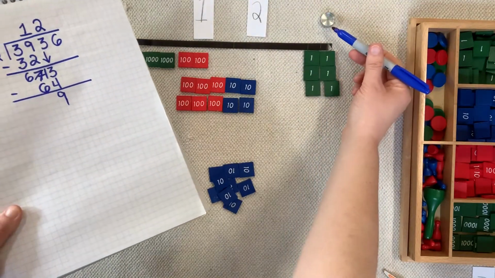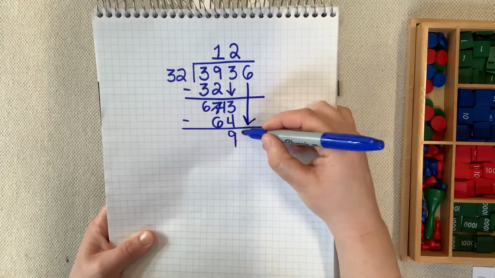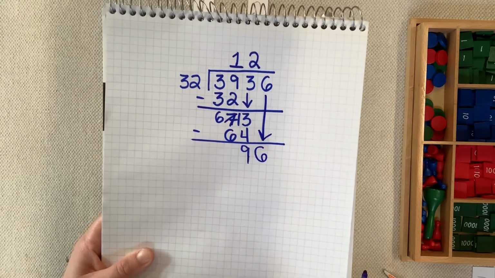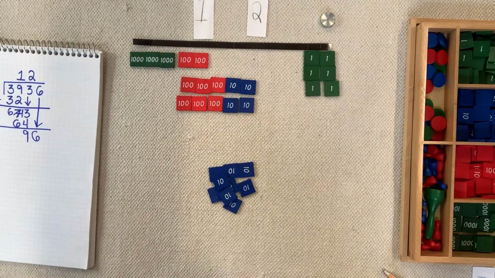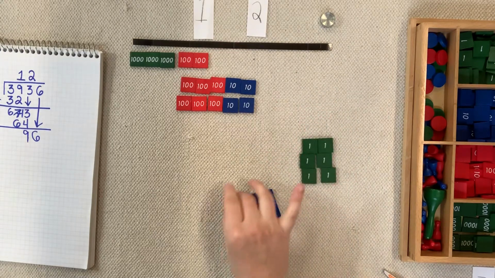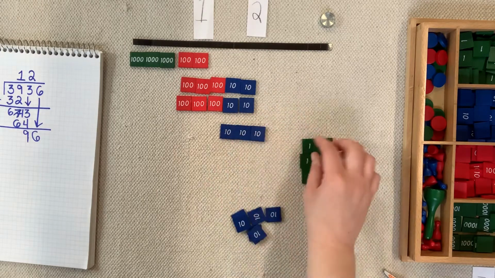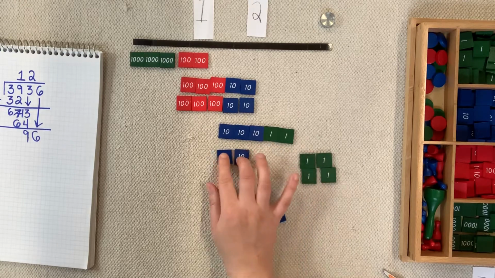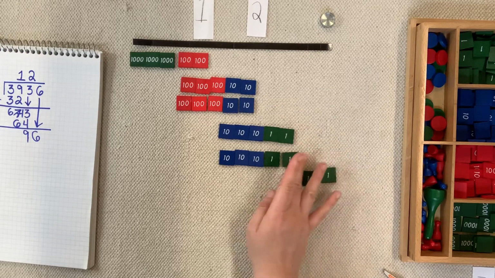And how many units am I working with? 6. So I'm going to bring down that 6 so I know I'm working with 96 units. And I'm going to ask, how many groups of 32 can I make out of 96 units? Okay, well, here are my tens, here are my units I'm bringing down. Let's begin. So we have 10, 20, 30, 31, 32, 10, 20, 30, 31, 32,